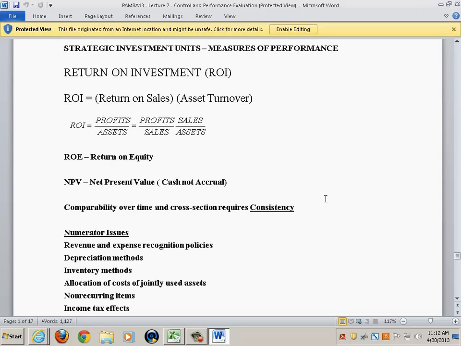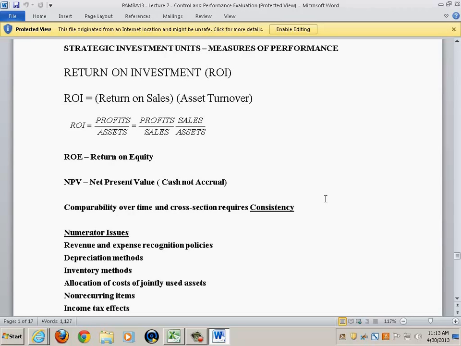And we simply divide the profits by the assets to get a measurement of what the assets return to the unit in terms of profits. So that's all there is to it conceptually. So for example, if you measure the ROI and you get 0.16 or 16%,